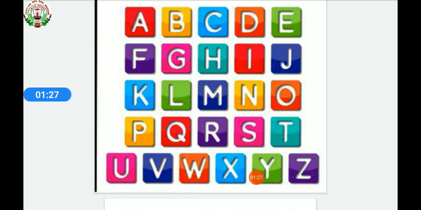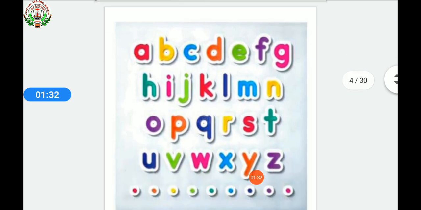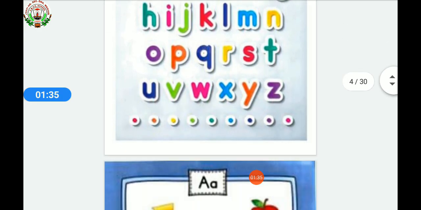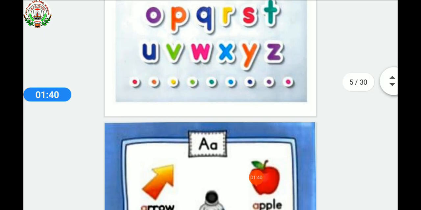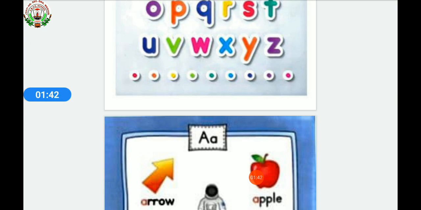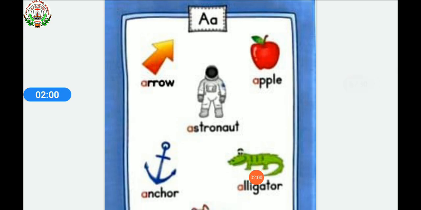You can see this picture. This is the capital letter alphabet and this is the small letters. Children, in today's class, we will see and learn the different words which are made from these 26 letters one by one. So let's start with the very first letter, that is A. Children, we can make many more words from these English alphabets. First word is arrow, from the letter A.